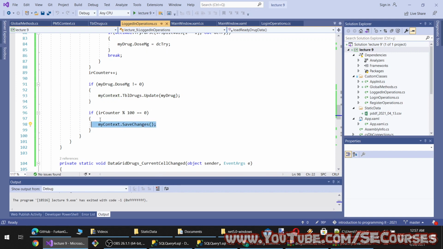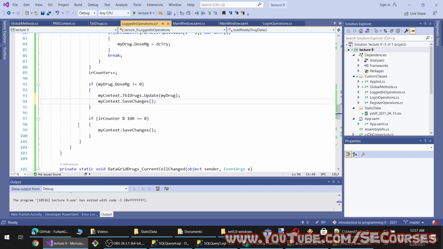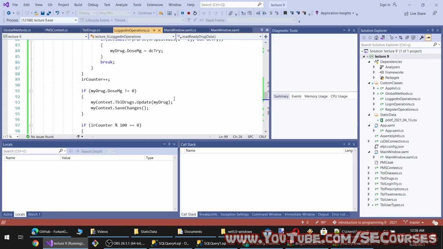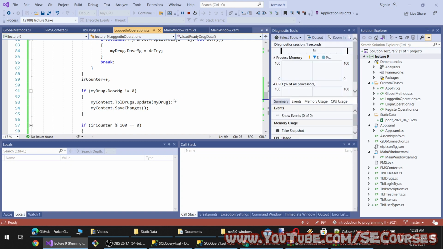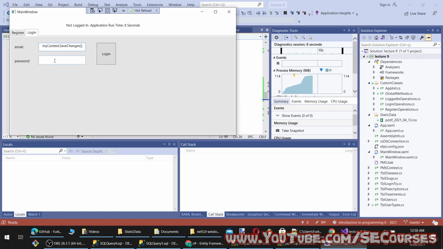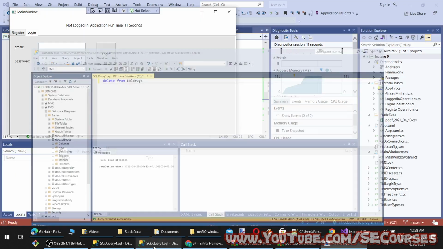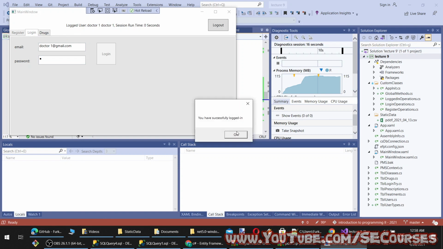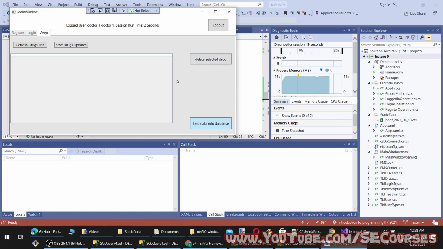So that should remove our problem, because after each row save, it will just check the database, I believe. I'm not sure. Let's try it. So if it exists, it will update. If it not, it will insert. But this will be probably slower. I am sure there can be a way to make it faster. Like we can keep the local cache of all drugs and then load them later.